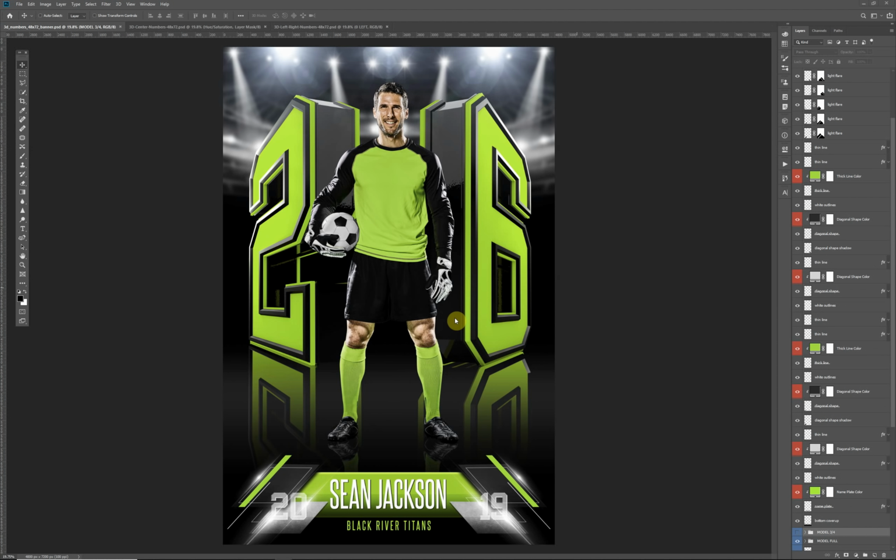Today I'd like to demonstrate one of our newest templates. This is called 3D Numbers, and it's a very flexible template which allows these 3D numbers to be displayed very large to go along with your player, whether they have two numbers or one number. So I just want to break it down on how this template works so you'll have a good understanding of